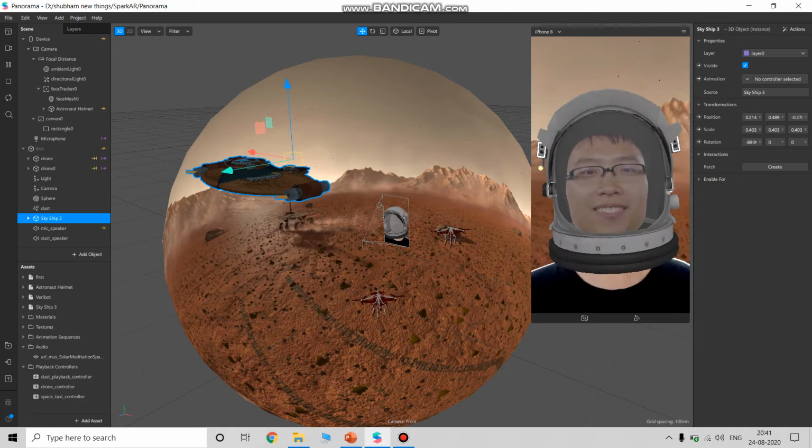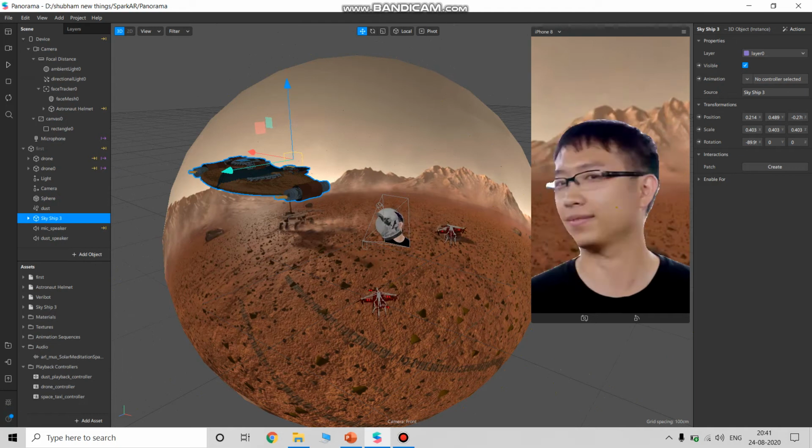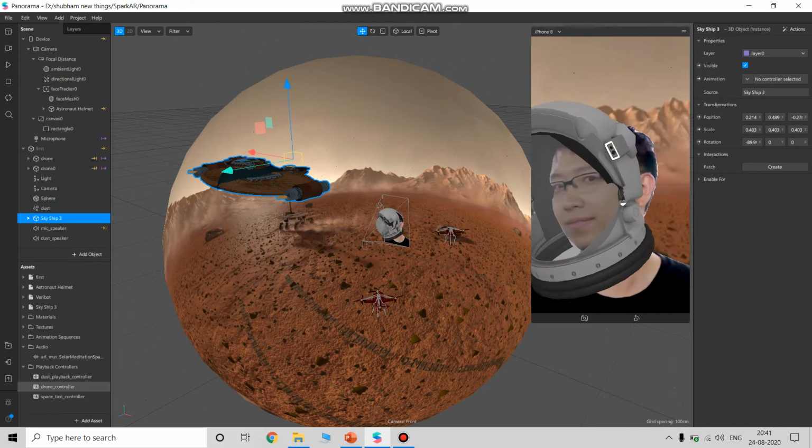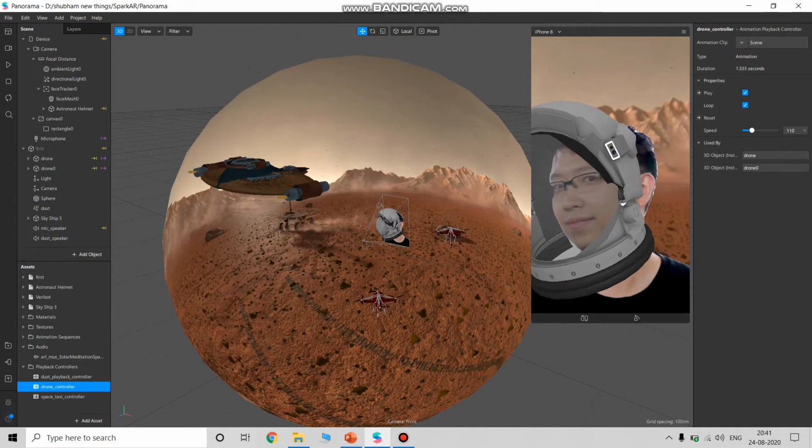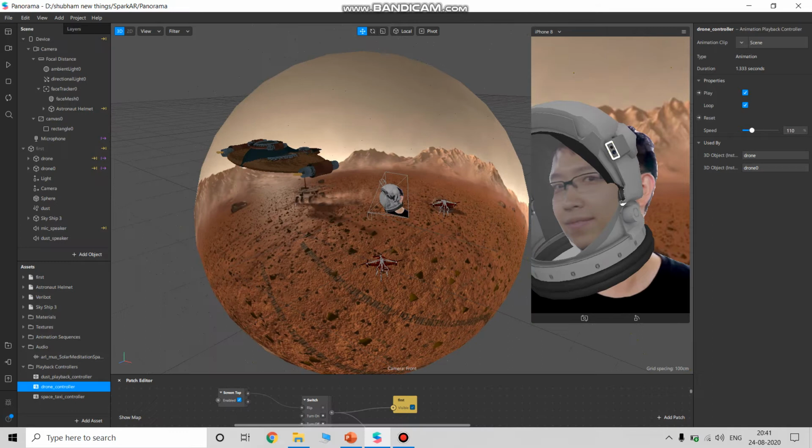So I created this movement of drones using the animation playback controller, which is basically responsible for the movement of the fans of the drones, and the whole logic for the tapping and everything I created in the patch editor.